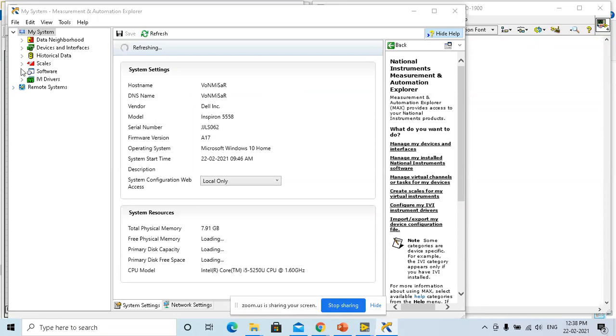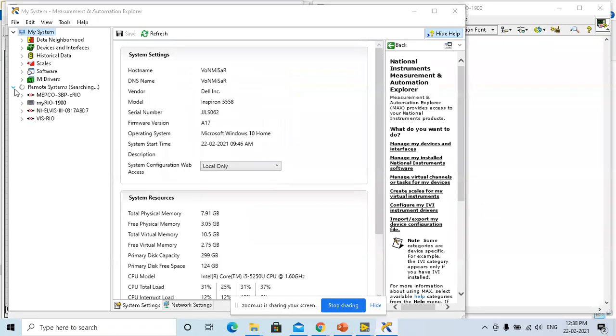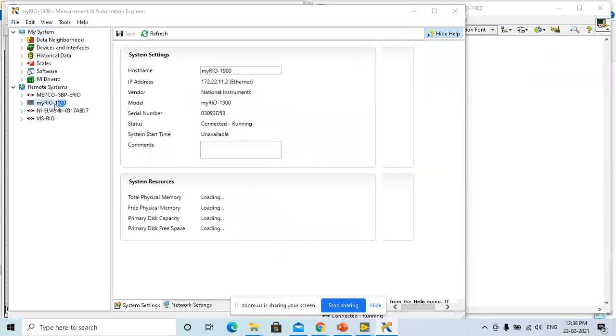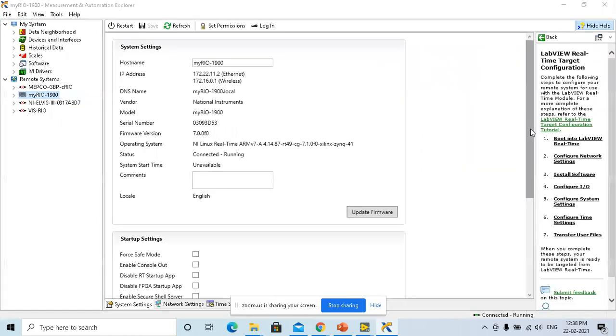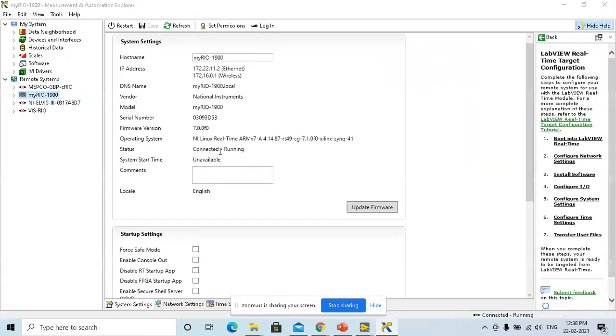So here I have a computer, and under my remote systems, which means it's outside of my computer but connected to my computer, I have my myRIO here. And here you can see specifications related to that. You're going to have this operating system.